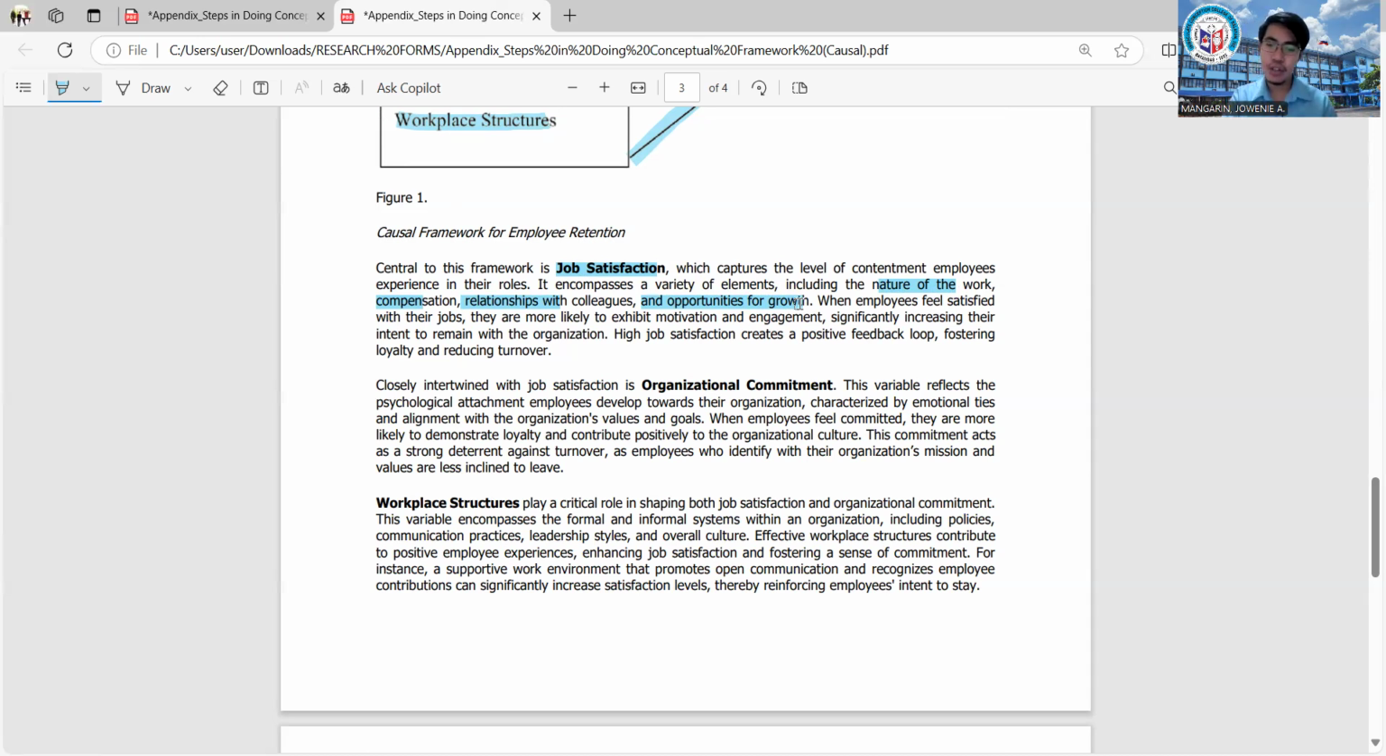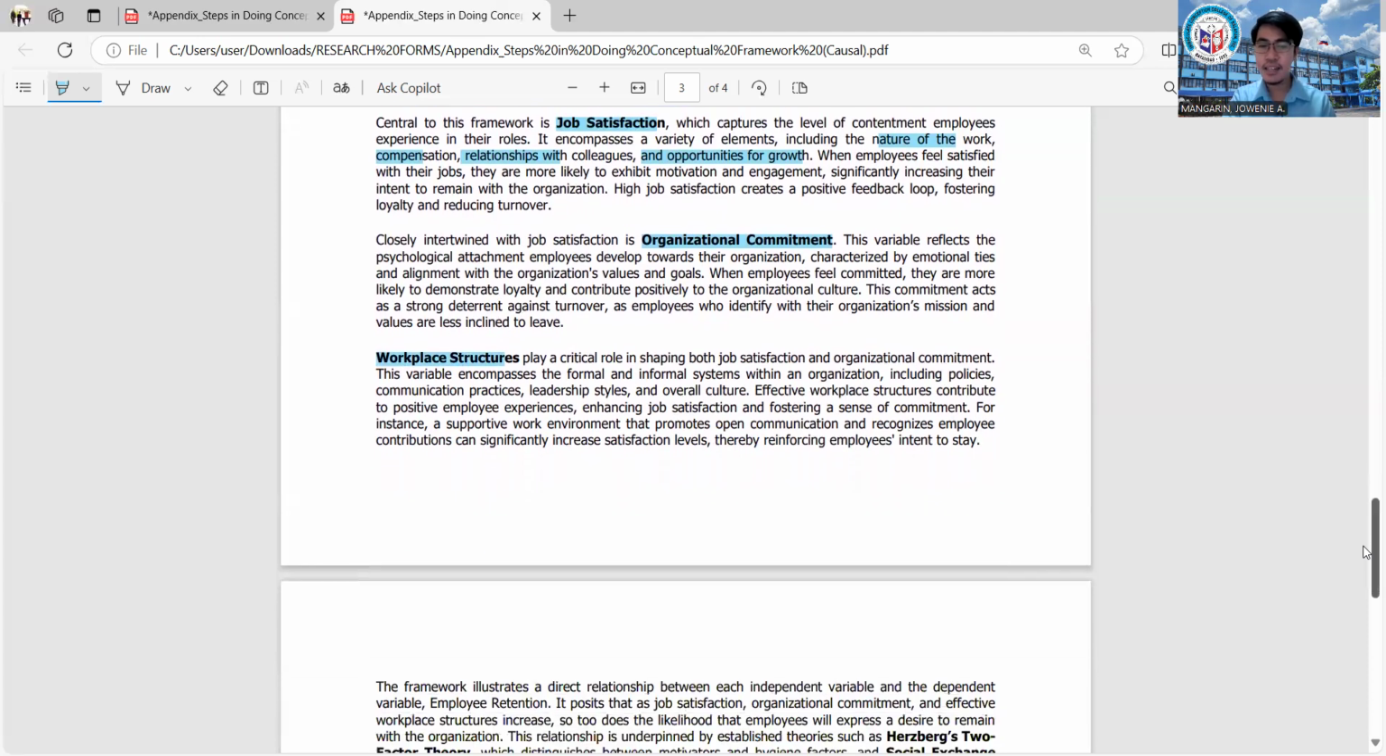And then, na-discuss na din yung sunod na variable, which is organizational commitment. Katulad ng ginawa sa job satisfaction, diniscuss din kung ano yung ibig sabihin ng organizational commitment. And then after that, the workplace. No? Diniscuss din ang ibig sabihin ng workplace. And then after they discussed